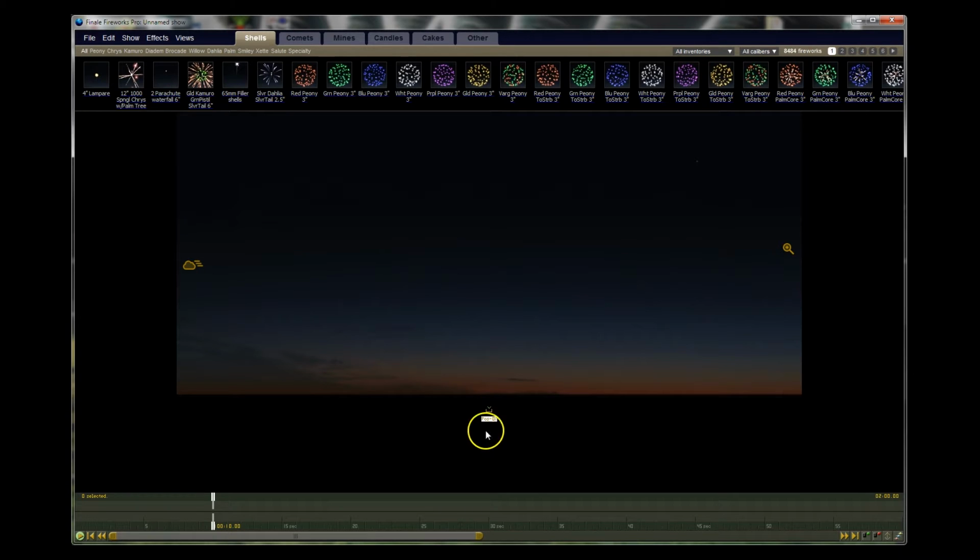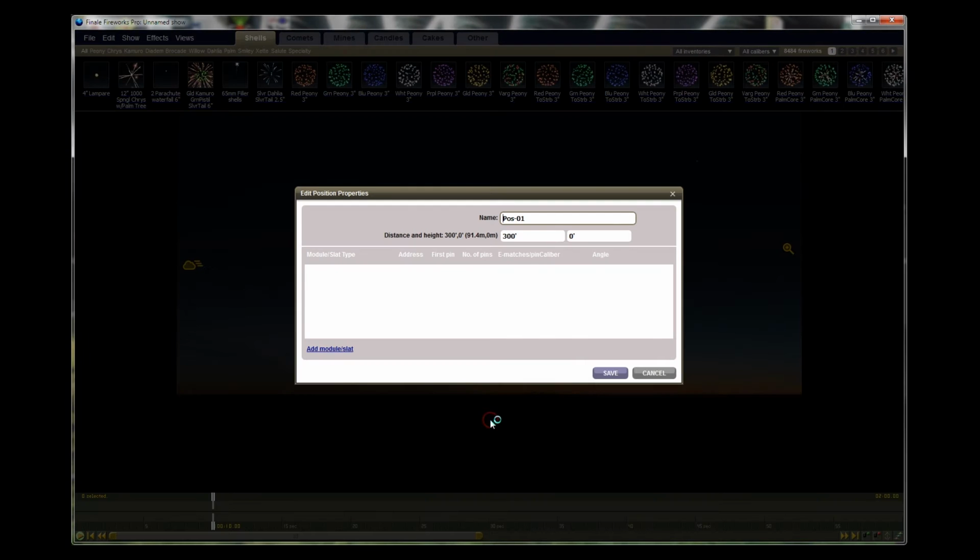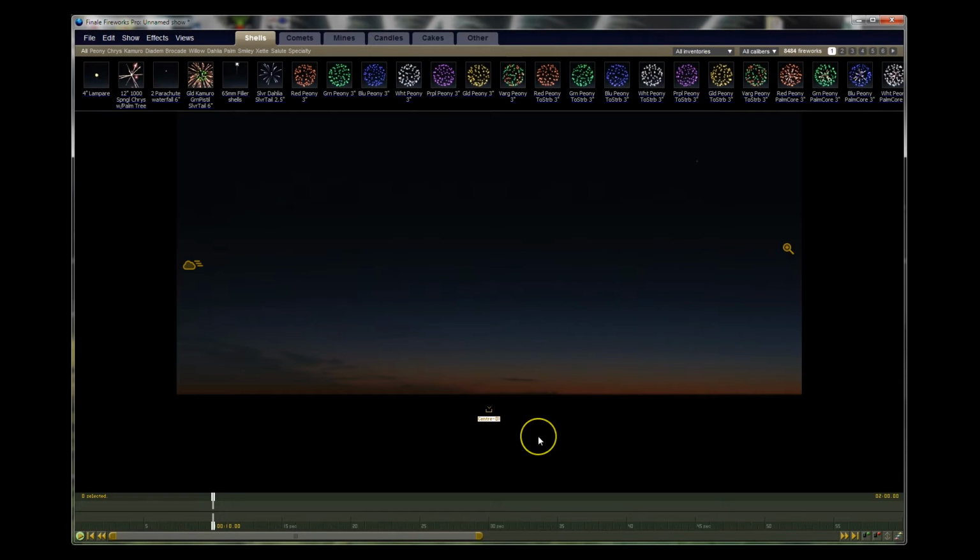And if you've never used Finale before, you can right click on position and it brings up the edit, and we will just call position 1, we're going to change and call it the center position, and we'll save that, and pressing Ctrl L will create you a new position. As I said, we need 4, so we'll press Ctrl L again 3 more times until we get our positions,